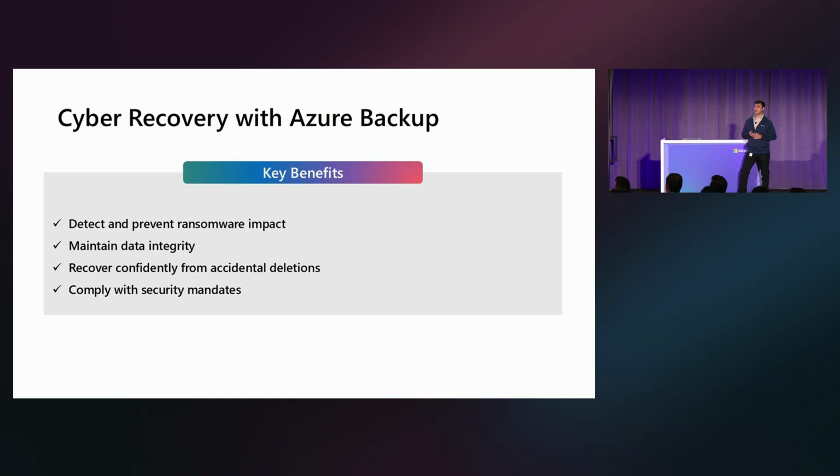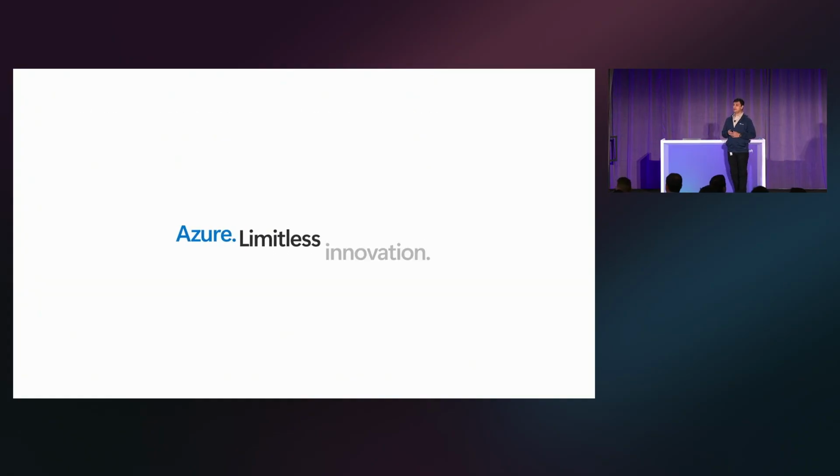So just to recap, what I showed you there were three things. One, for a two-tier application, the front tier of the virtual machine, I took a virtual machine backup. For the backend tier, I had the database running on it, so therefore I decided to take the backup for the database. And then finally, to be confident about the restore points that I'm creating, if they are clean, for me to be able to restore in future from them if the need arises, I showed you how Microsoft Defender for Cloud allows me to scan these restore points.